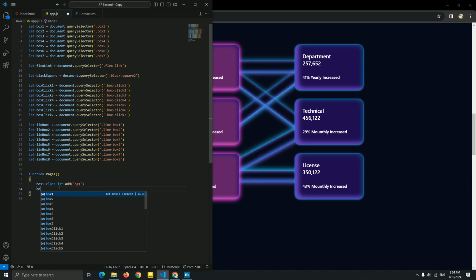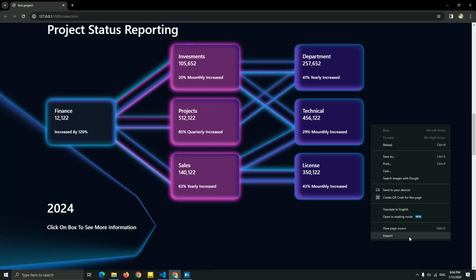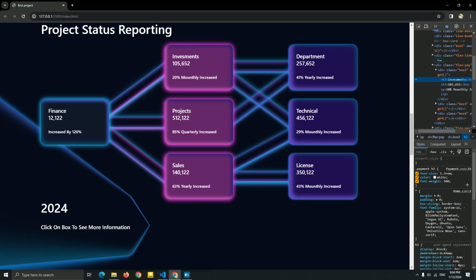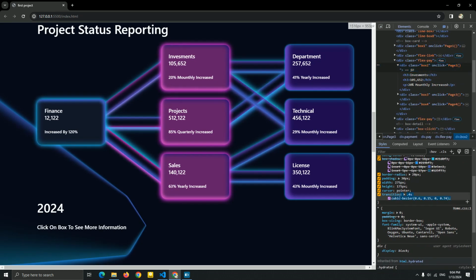Now let me call box2 to add a style for this in JavaScript. I'm going to add box2. Now I'm going to copy this transition.